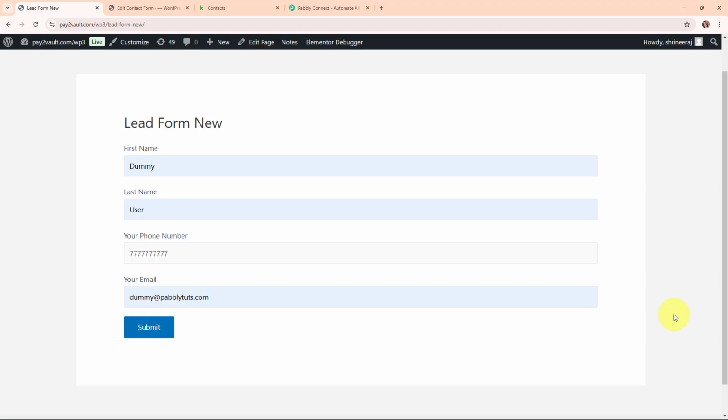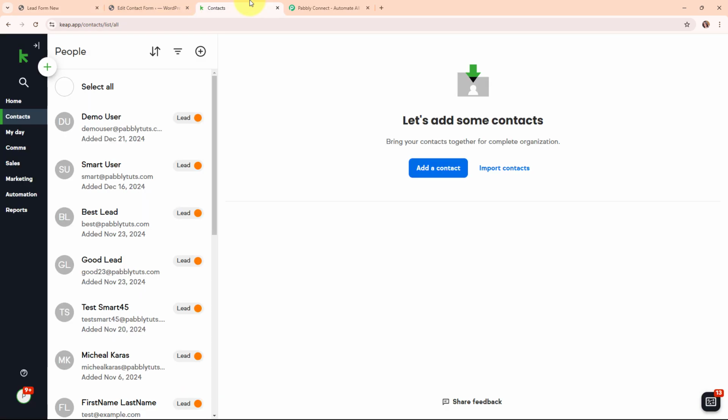So here I'm using Contact Form 7 on my website to collect inquiries or leads, and it's important for me to manage these contacts efficiently. By automatically creating or updating Keap contacts whenever someone submits the form, I can ensure all their details are saved in one place without any manual effort. This helps me keep my contact list up to date, stay organized, and quickly follow up with the leads or customers. It's a great way to streamline my workflow and ensure I never miss an opportunity to connect with someone